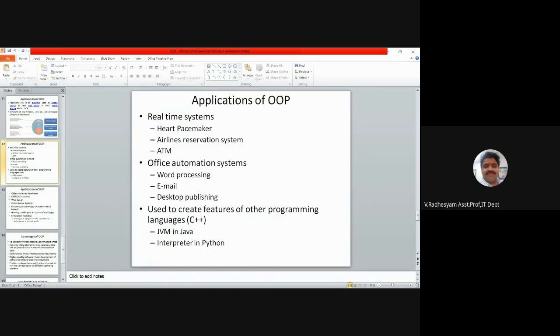And the real-time systems: you are using ATMs to withdraw or deposit money, which is an application of real-time systems and which indirectly depends on object-oriented programming. And airlines reservation systems and the heart pacemaker. Have you heard about the pacemaker?